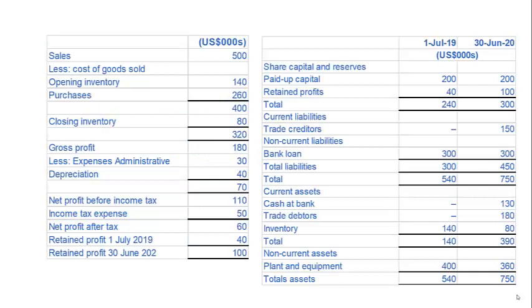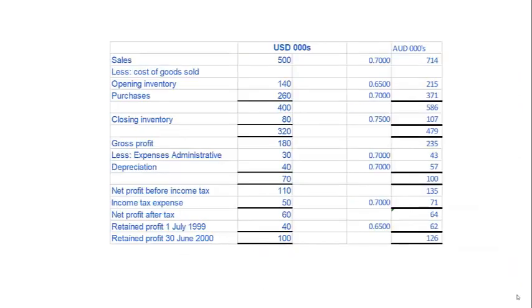What we have here is the financial statements, the income statement and the balance sheet of Weaver. And please note that when we do a translation, we're not doing anything to any account or any ledger account. It's purely a consolidation process. So what you can probably see here is that translation is probably best done in a spreadsheet,